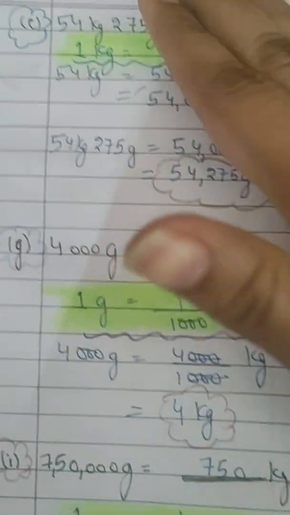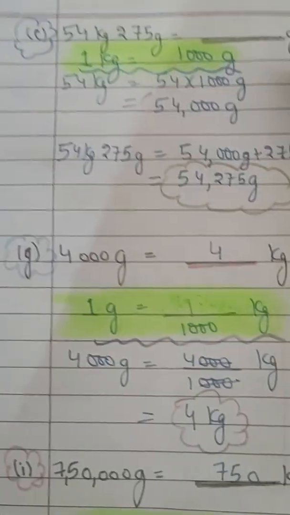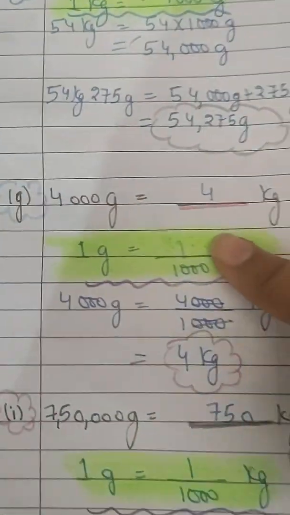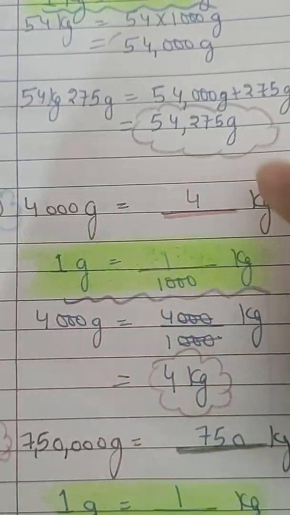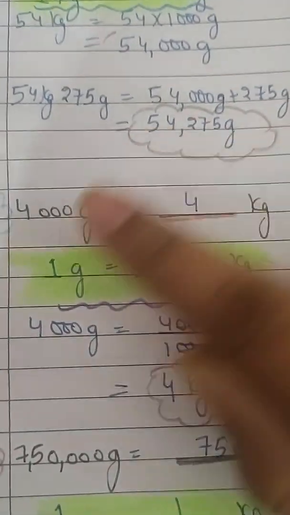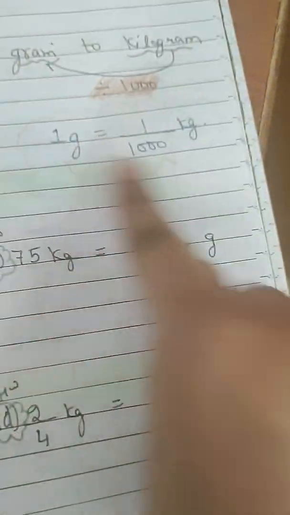Now this type of questions are there from bigger to smaller. Now smaller to bigger we are going. Smaller to bigger. So 4000 grams to kg. Again smaller to bigger. So now you will change the formula. The formula that we have written here. Now you will start writing this one.